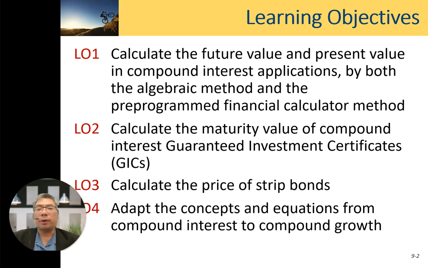First of all, I'd like to mention the objectives. There are about 6 objectives in this particular chapter. Calculate the future value and present value using compound interest applications. Number 2, calculate the maturity value and compound interest of guaranteed investment certificates. Number 3, calculate the price of strip bonds. Number 4, adapt the equation from compound interest to compound growth. And number 5, calculate the payment